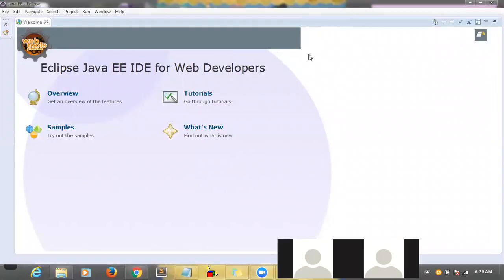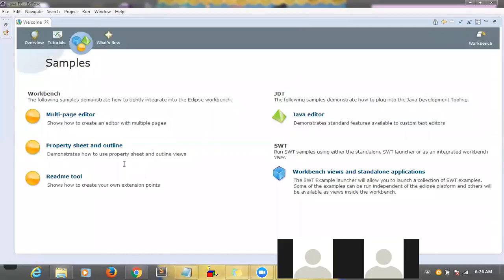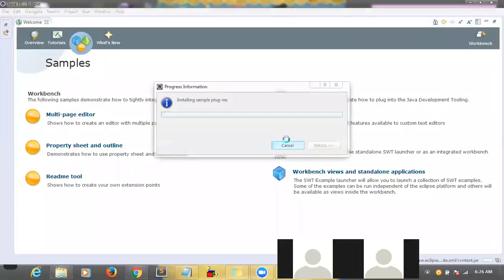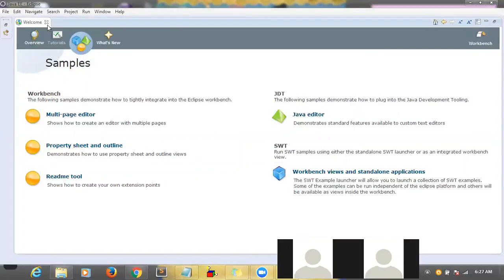So the first time you open Eclipse, you will see this welcome window. This welcome window gives some tutorials on how to use it, what is new, samples, all those things. If you want to see the samples, you can click it and it will give some samples. What kind of samples do you want to see? You want to see the Java editor. It's just a kind of help, so basically it is not required for us. If you want to see the help sample programs, it will give you. And if you don't want it, you can close it. Directly we'll go to the